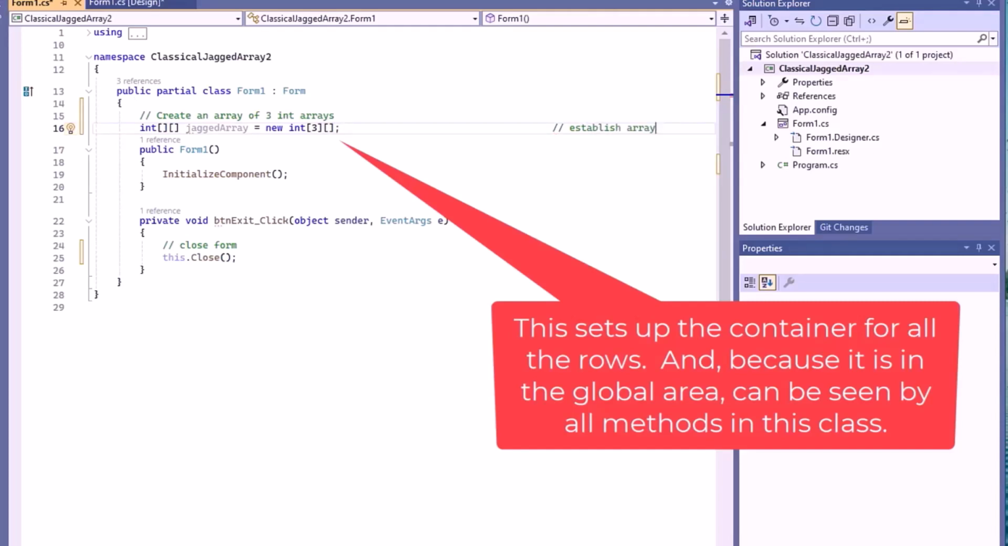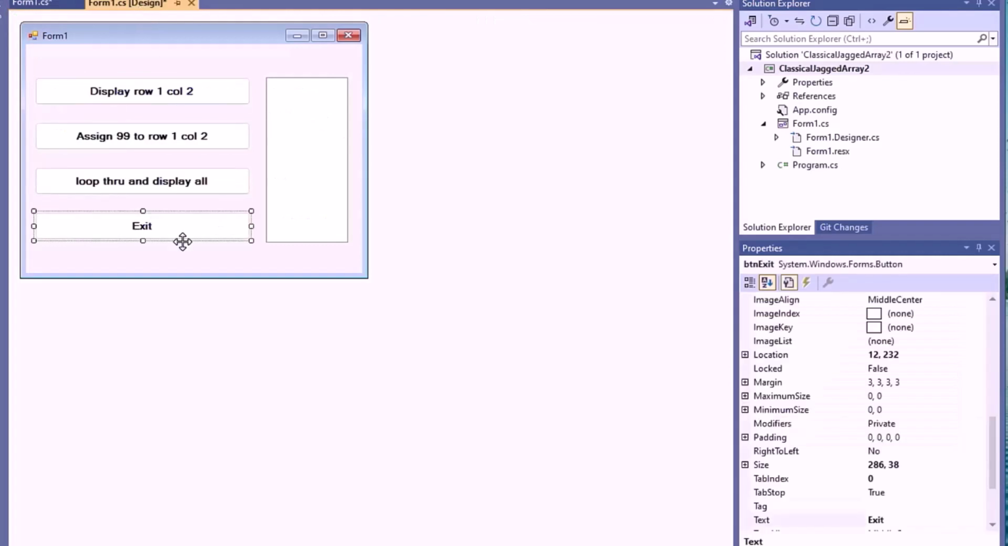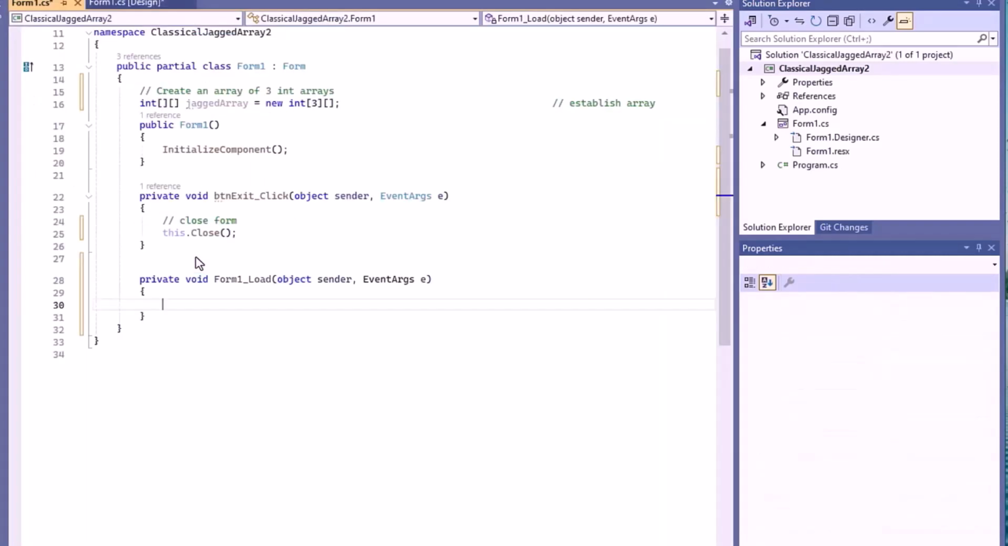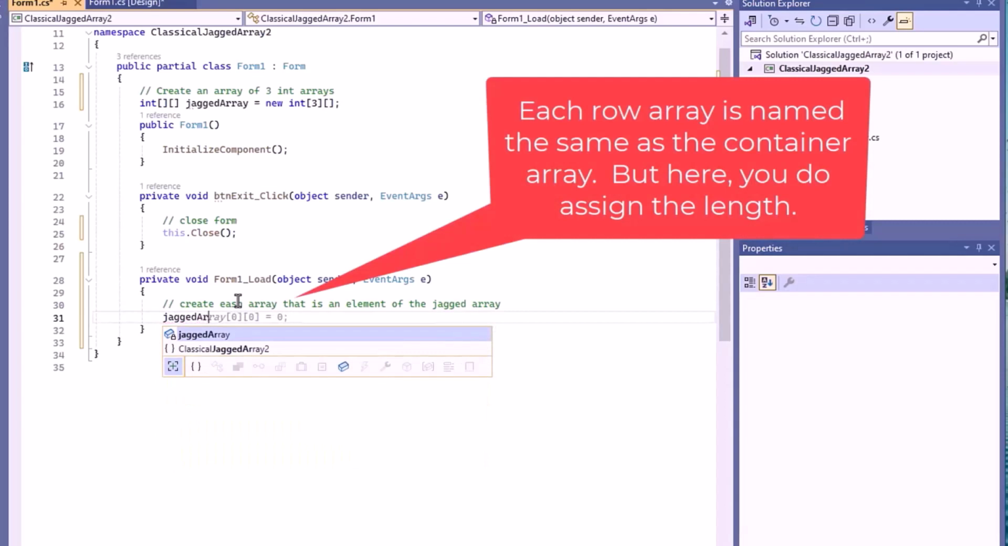Now if I want to use this thing, I'm going to go into form load. So I'm going to go down to form load here, and I'm going to double click on the form itself to create a form load process. And here I'm going to put in create each array that is an element of the jagged array. And how do I do that? Well, I use the same name, jagged array, and I say row 0 is going to be equal to